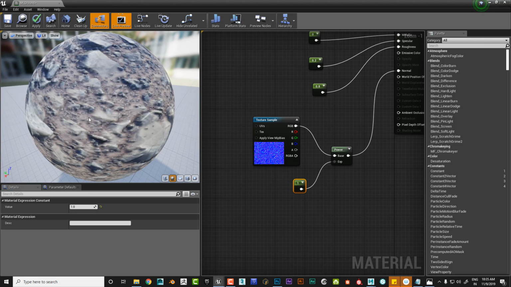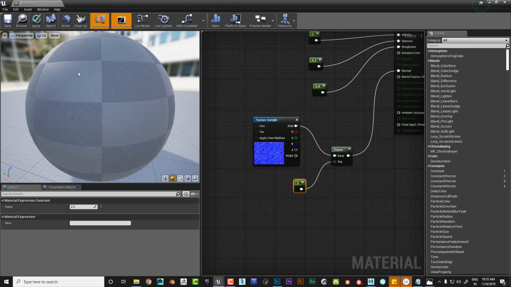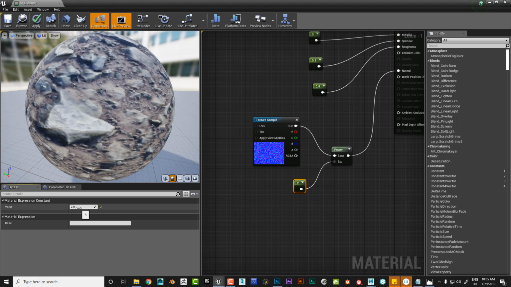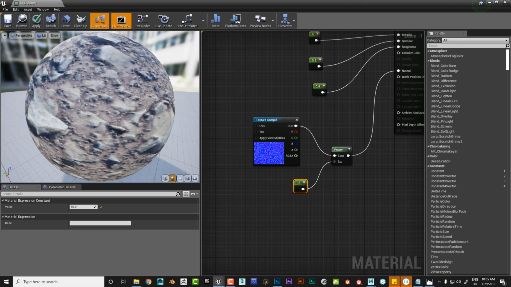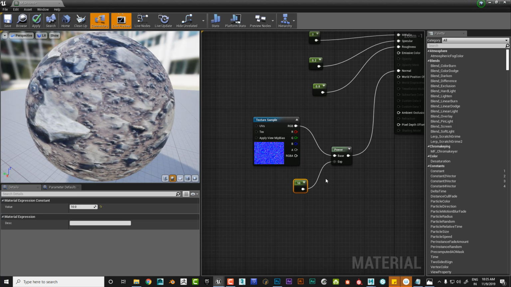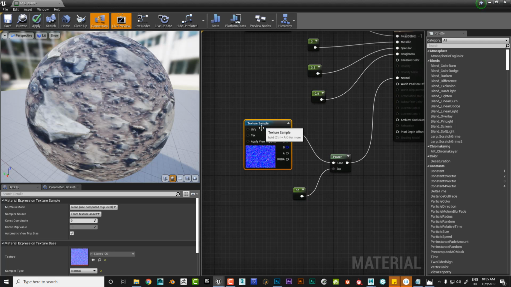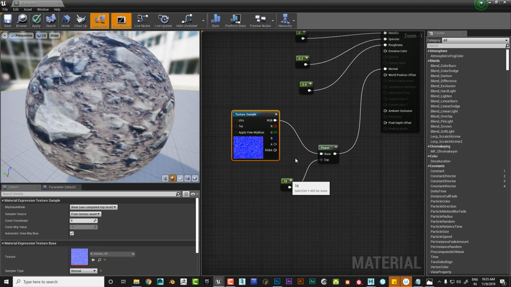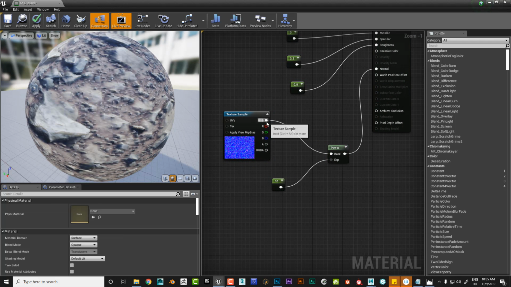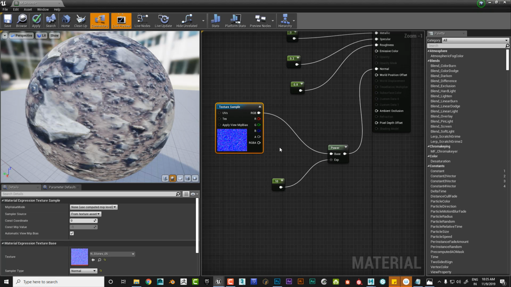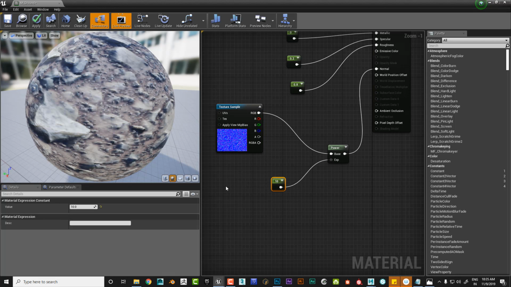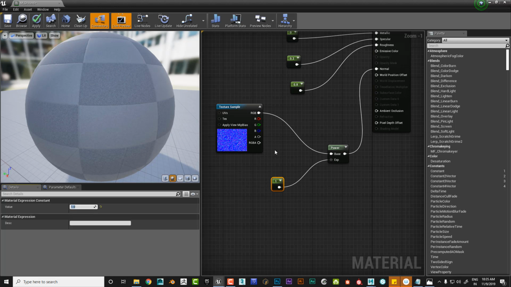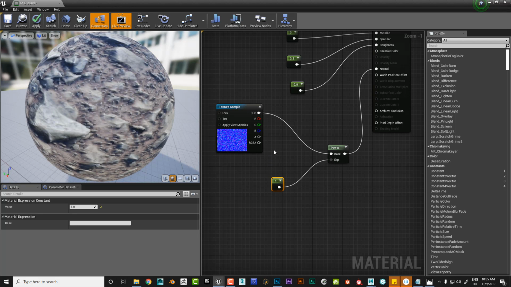Still nothing much. Bump the value to 2. Yeah, it's getting better. I'll increase it to, let's say, 10. Still I don't see the value boosting up. So what I'm going to do is multiply this value of the normal map using another constant. So select this, change the value back to 1, and I'm going to just copy and paste it